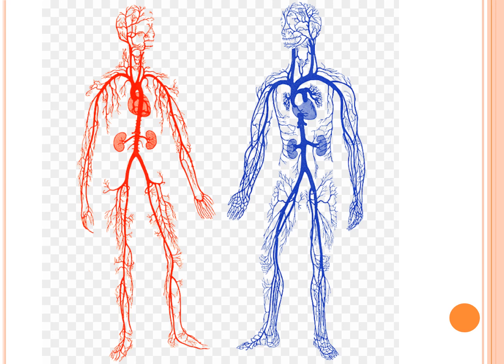The artery that you see in this picture is red in color. In any picture related to circulation of blood, if you see the blood shown as red in color, it means that it is oxygenated blood, or the RBC is carrying oxygen. And in the pictures wherever you see the blood colored blue, you have to understand it is deoxygenated blood, or the RBC is carrying carbon dioxide. So here the one which is in red is the artery, and the one which is in blue is the vein.